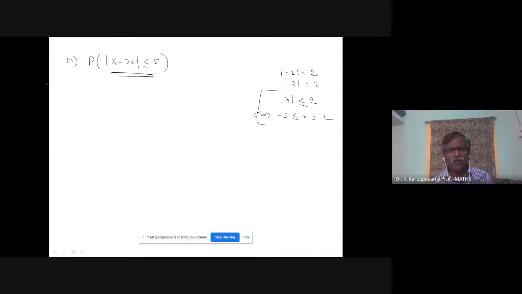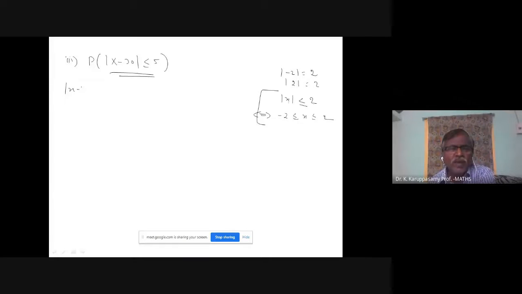There are some formulas to memorize. When you are memorizing, you may forget many things. If the problem numbers are changed, you don't know how to do it. Just apply this technique. Modulus of x less than or equal to 2 means from the negative of the number to the positive of that number. So here you assume the same thing.